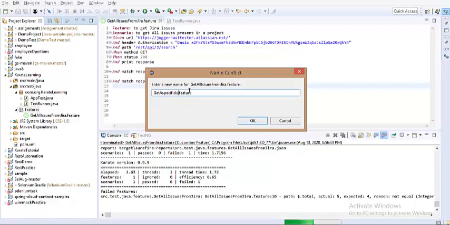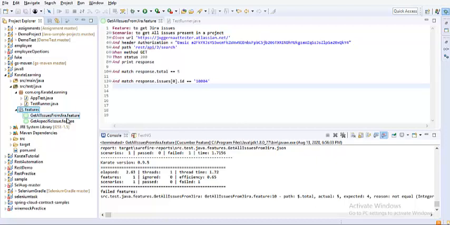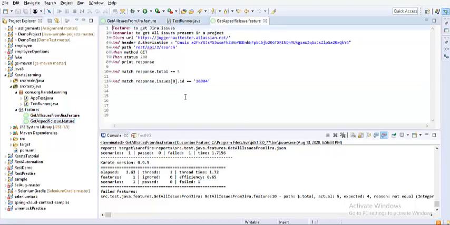Maybe issue would be more meaningful. So dot feature. That's it, guys, we have just created another feature file. The content in that feature file would be the same, because I've just copied it, so let us do some tweaks.